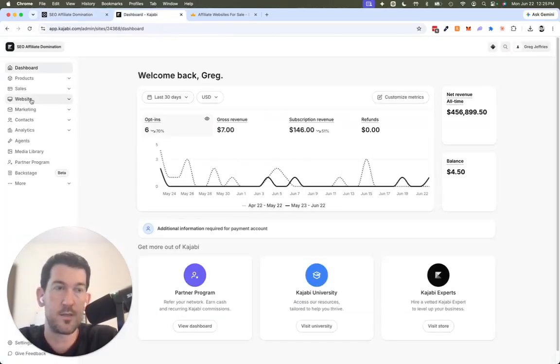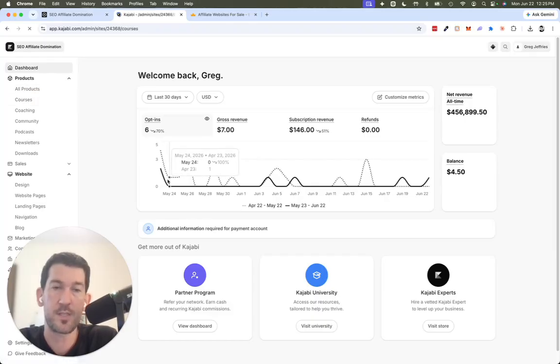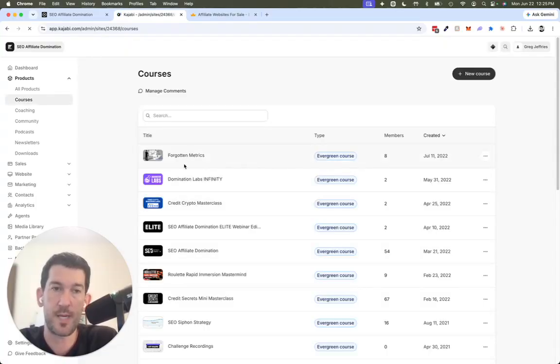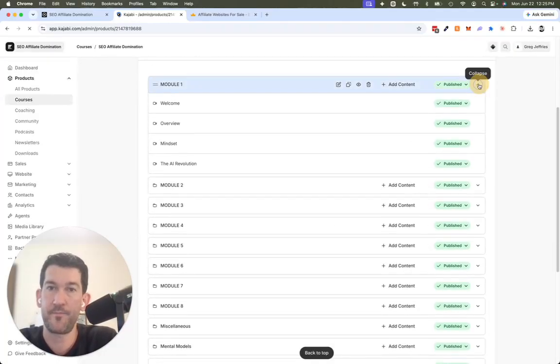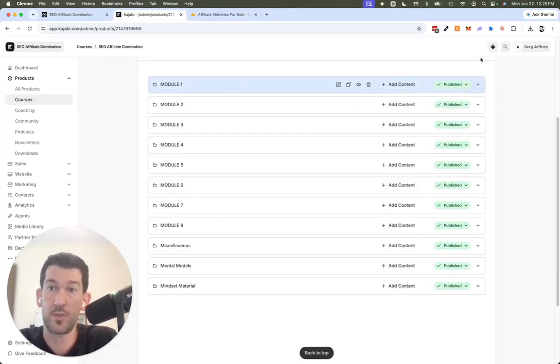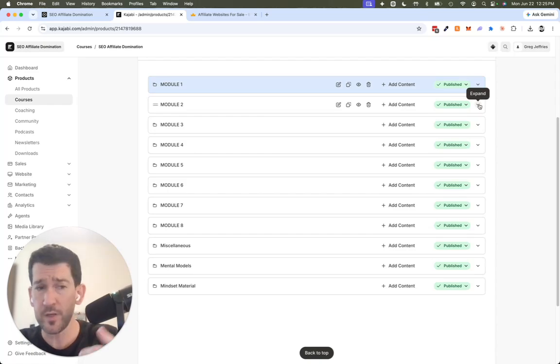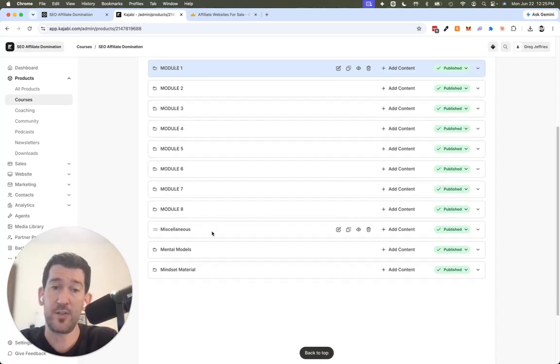This is, let's see, I'll show you what it looked like inside. So inside you get a bunch of bonuses and stuff, but the main course is what it's made up of. So it's just eight short, simple modules. Each of the lessons is very short because I focus mostly on implementation. And then there's a couple more sections here. I definitely recommend you go through the whole course, but the execution part of the training is module 1 through 8, and all this other stuff is very, very important. It's mindset stuff and especially these mental models.